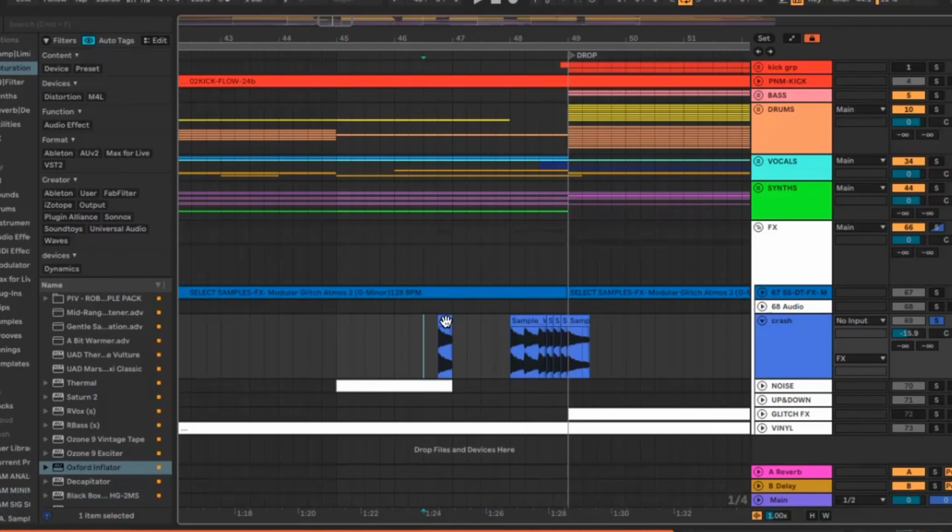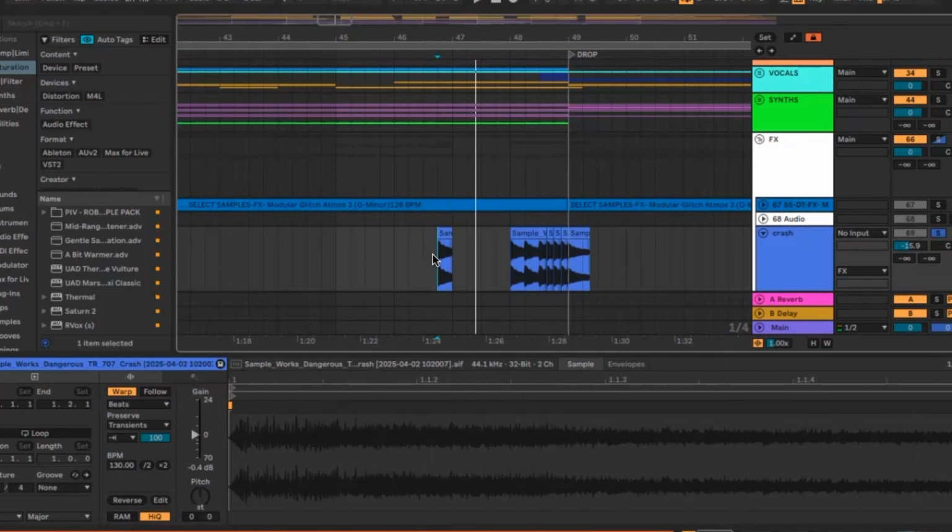So first and foremost, let's go ahead and listen to what a crash sounds like with no processing on it. You can hear it sounds full, it sounds thick, right? But in order to enhance our drops, for example, here with a simple crash build, what we're going to do